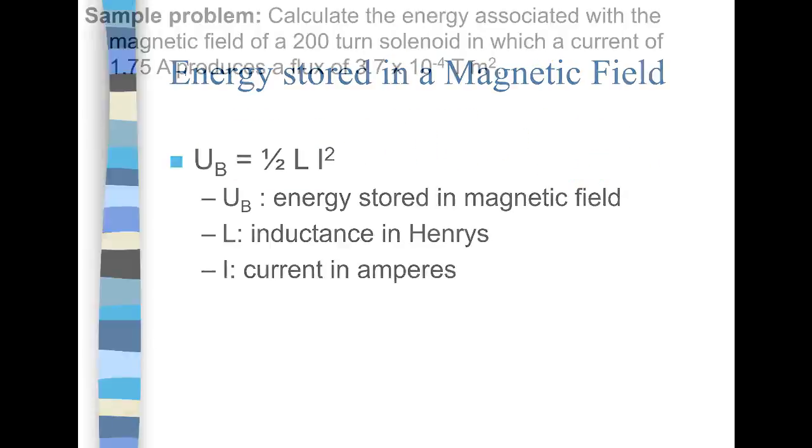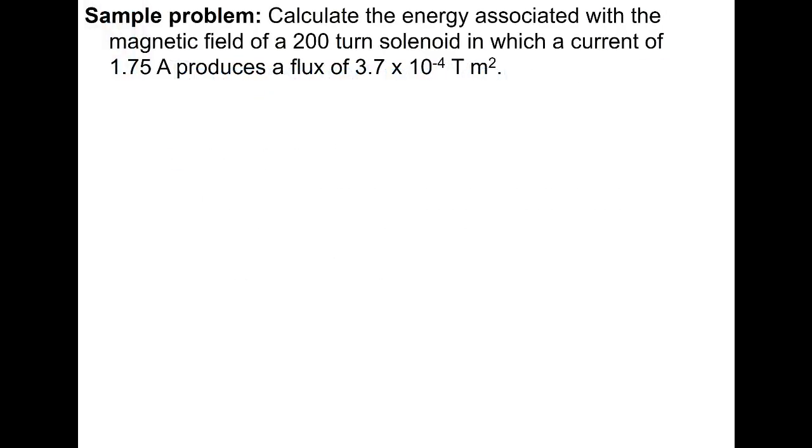So let's try an example problem. We want to find the energy associated with the magnetic field of a 200-turn solenoid in which a current of 1.7 amps produces a flux of 3.7 times 10 to the minus fourth Tesla meters squared. So first we start with our definition of EMF, because we're going to need this, is negative L di dt. But we also recognize that this is equal to negative N d flux dt